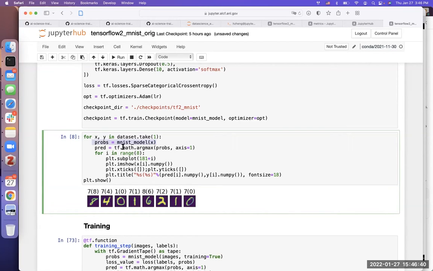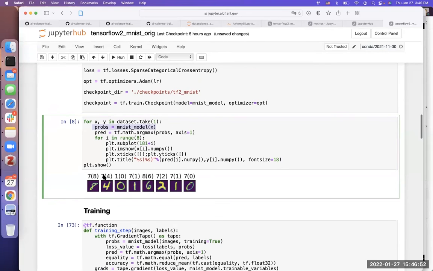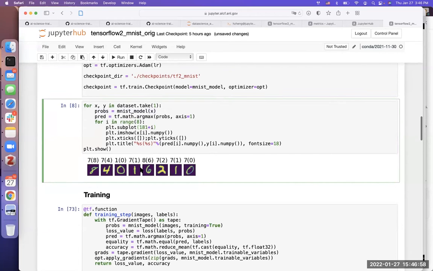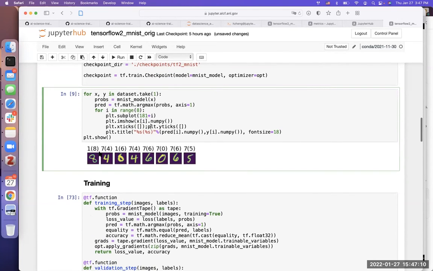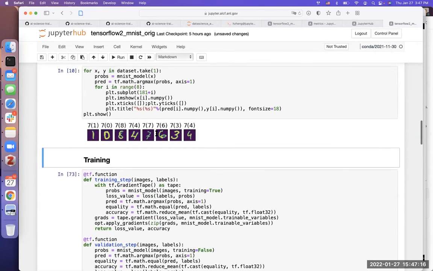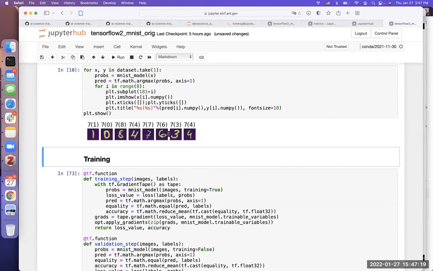This is the probability prediction. And the number inside the bracket is the ground truth, the label provided from the data set, right? So you can see, okay, it's not right. I don't know whether this shows a lot of 7, but again, it's randomly generated. So maybe we run again. Okay, so it still shows a lot of 7, but fewer. It may be due to the different initialization, but the thing is, before the training,